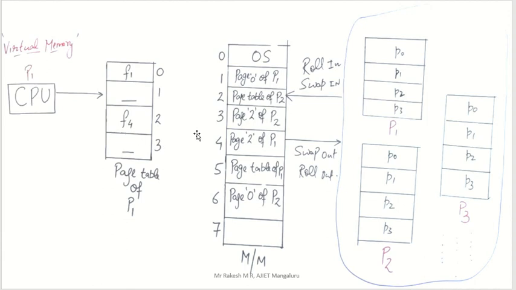It is not there in your main memory. So page 3 of the process 1 we want to load here. That is the job of the OS. OS will load page 3. It will take page 3 and swap in here, but no free frames are there. So any one of the frames we have to make free.